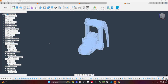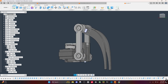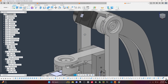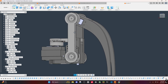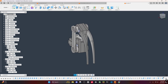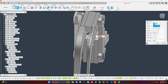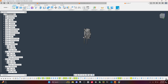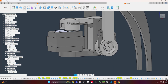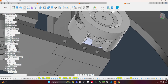Wait, what am I doing? Show all bodies, there we go. We also need to make sure that these arms are moving together, so we need to add a brace here. And we also need to add a brace here. As well as 6mm low-key might be too thin, but going 11 might be too thick. We'll see. We need a way to be able to mount the things. Like, the mount here will probably...